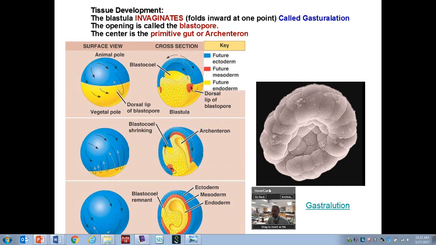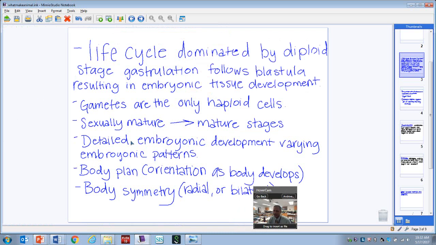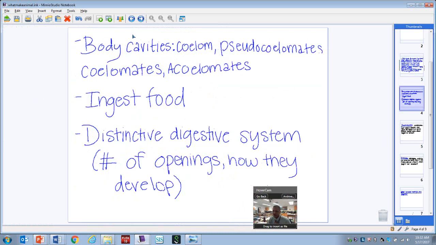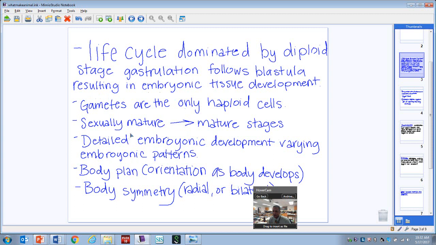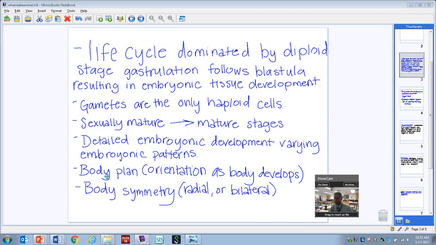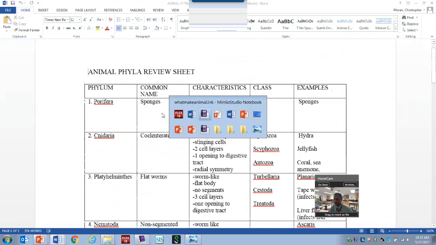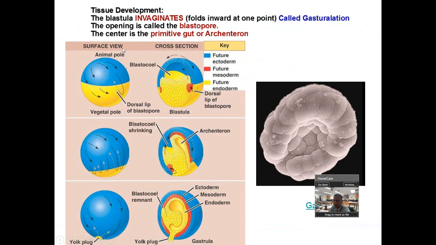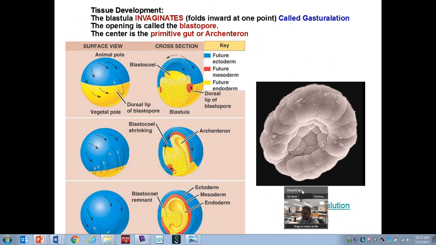When you look at this embryonic development, so if we go back to here, we said they have a specialization. We have body cavities. They have embryonic development. And during that embryonic development, we have different body plans, or how the body orients itself. That one first opening, that second opening, they actually have names. So if you look here, there's the blastula. This is the opening, and it's eventually going to become the mouth or the anus, and the second one will be the opposite, depending on which type. We actually have a name, and there's certain unique patterns that we see that separate 2 of the phylums from the other.